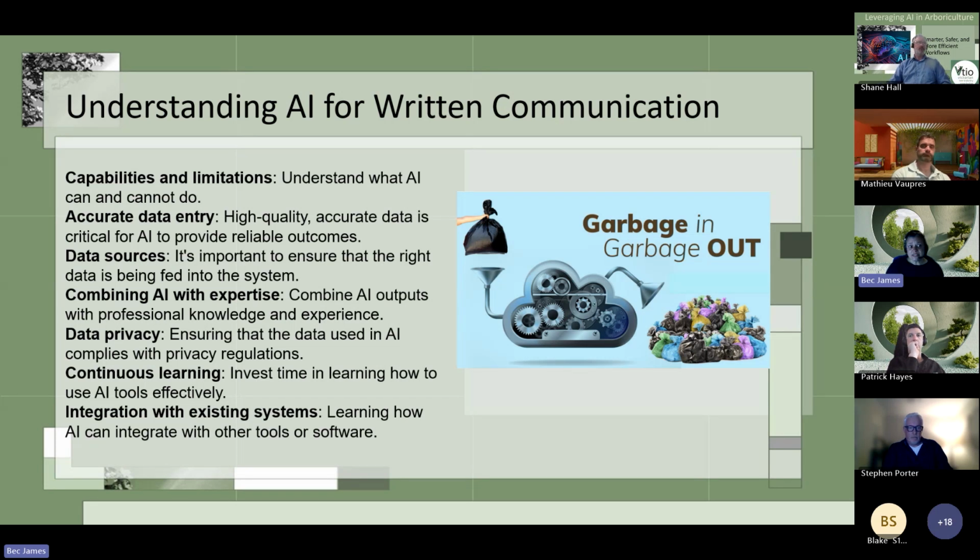We will talk towards the end of the presentation about data privacy. And this is pretty important because anything that you put into open source software builds on the knowledge that that machine has, okay? And this is really pretty important when it comes to data privacy and the Privacy Act.